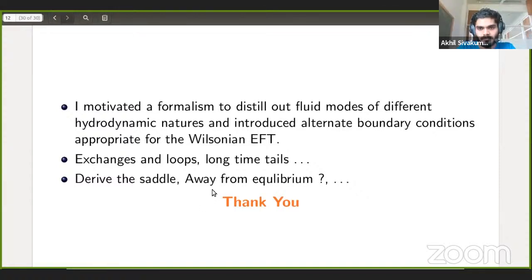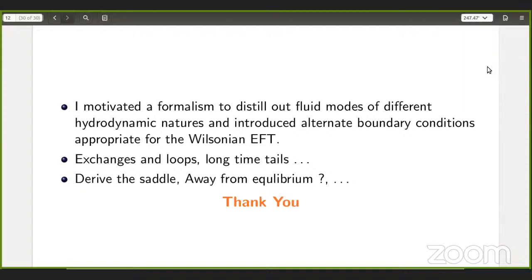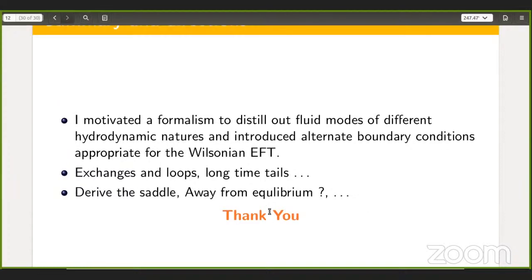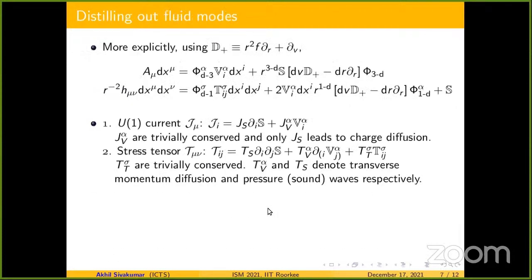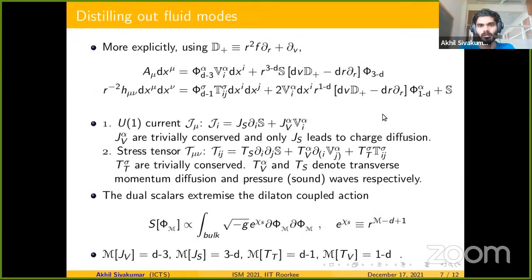I had a small question about the decomposition you introduced into Markovian and non-Markovian. Maybe I missed it. Is it related to how these modes couple to gravity in the bulk somehow? What is this classification? The classification comes simply from the hydrodynamics. If you can decompose a current in this way, and then calculate the correlators of the current, the Markovian ones have short-scale correlations, and the non-Markovian ones have long-scale correlations. And when you derive the EFT, you don't want to integrate out the stuff which has long-scale correlations, only the stuff with short-scale.